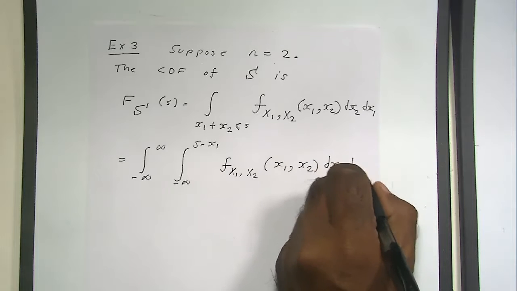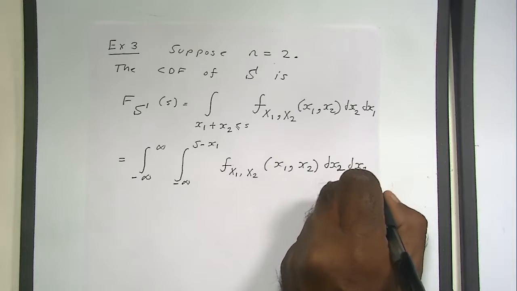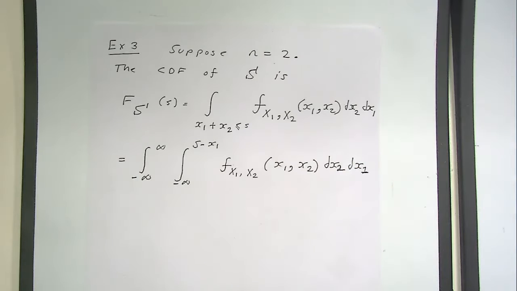This is another way of writing it, because we have two variables of integration, right? So x1, the sum being less than or equal to x, means that x1 can go from minus to plus infinity, but x2 can only go from minus infinity to this, right? Is that clear? I mean, just double integration, right? Okay, and